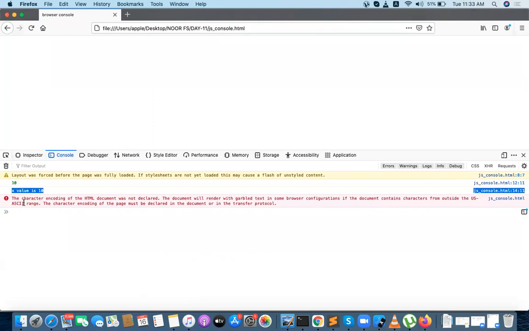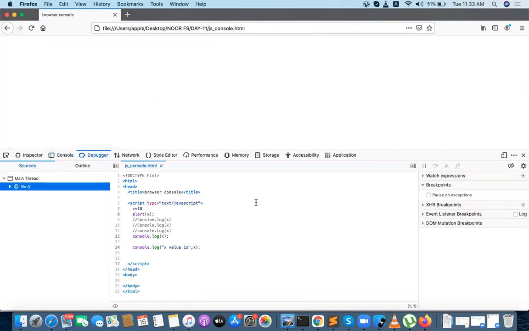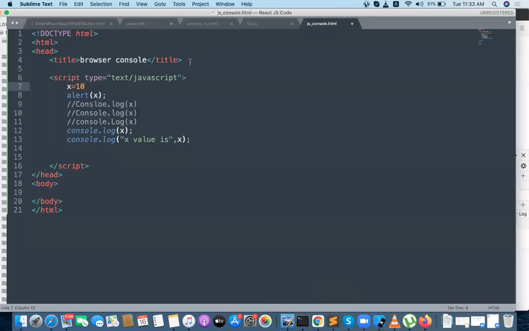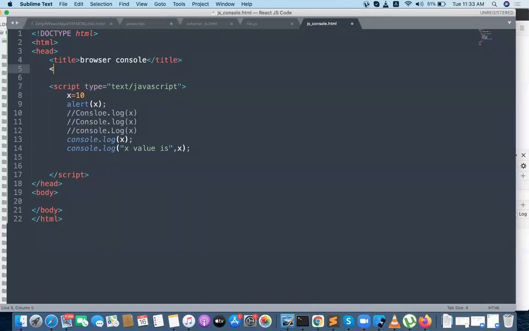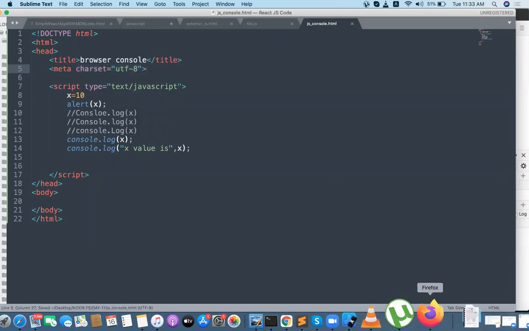Some HTML characters are not displayed properly, so the character encoding in HTML has an issue. It's not an error, it's a simple issue. You need to provide a meta tag.